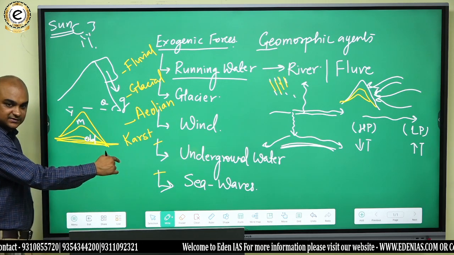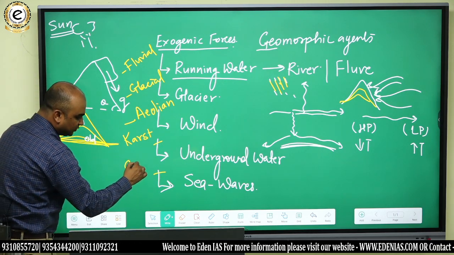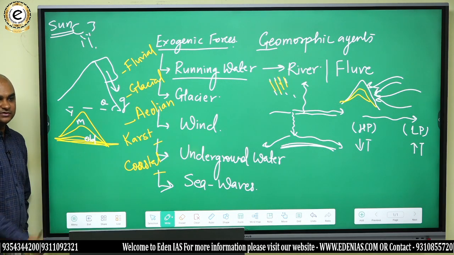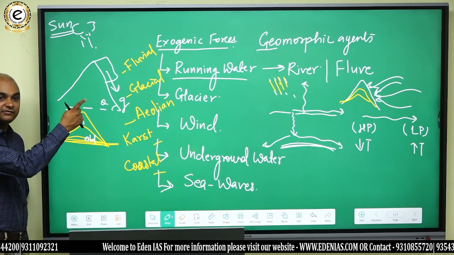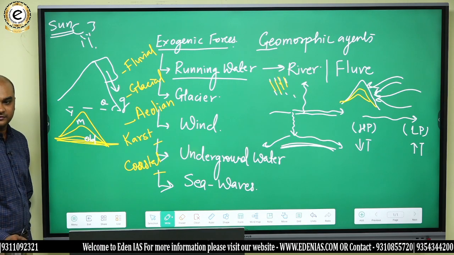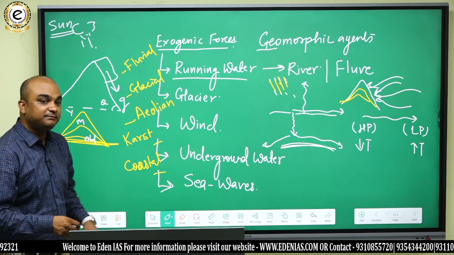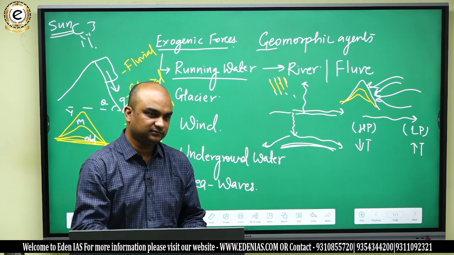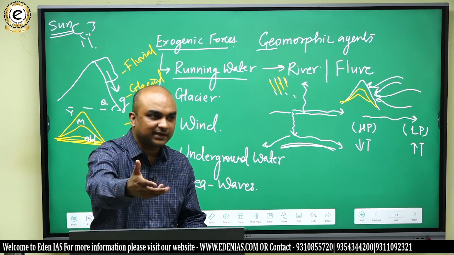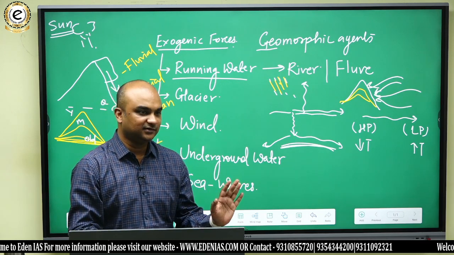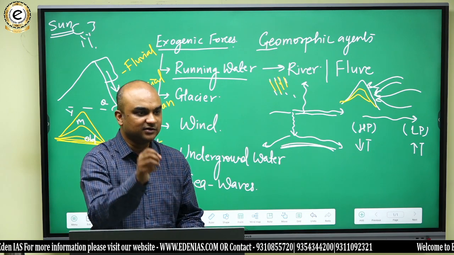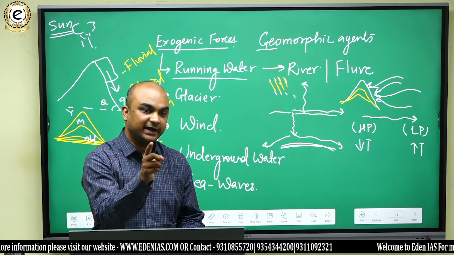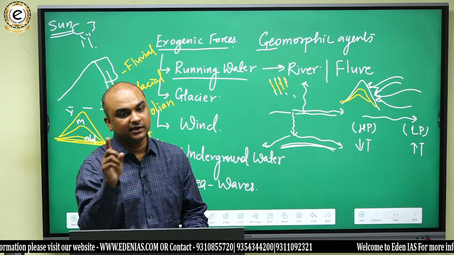And the erosion caused by the sea waves is known as the coastal cycle of erosion. Got it? So these are the 5 cycles of erosion and these are the 5 geomorphic agents. समझ में आ गया ये? देखो जब भी किसी डिस्ट्रक्शन की बात होगी तो वी विल से इट इज जियोमॉर्फिक. और जब किसी क्रिएशन की बात होगी वी विल कॉल इट टेक्टोनिक. टेक्टोनिक मतलब क्रिएशन, जियोमॉर्फिक मतलब डिस्ट्रक्शन. तो टेक्टोनिक फोर्सेस मींस व्हाट काइंड ऑफ फोर्सेस? एंडोजेनेटिक फोर्सेस, whereas geomorphic forces means exogenetic forces.